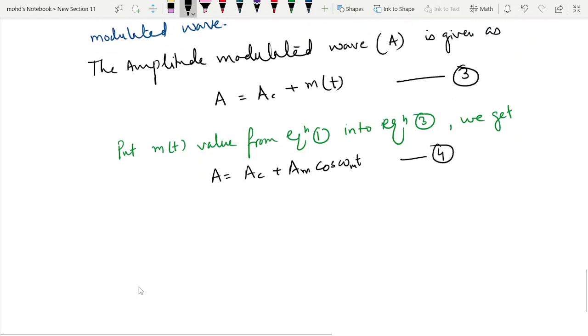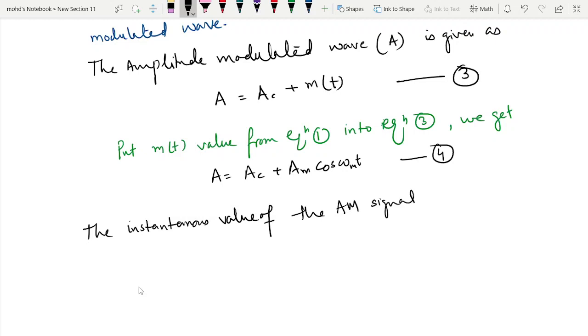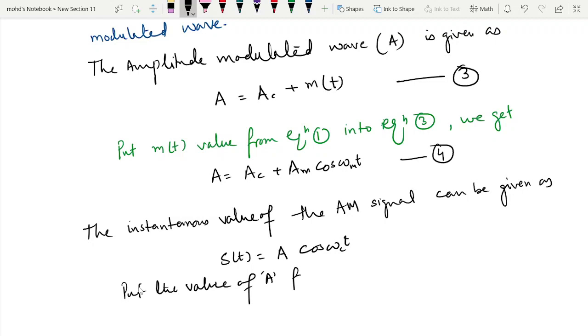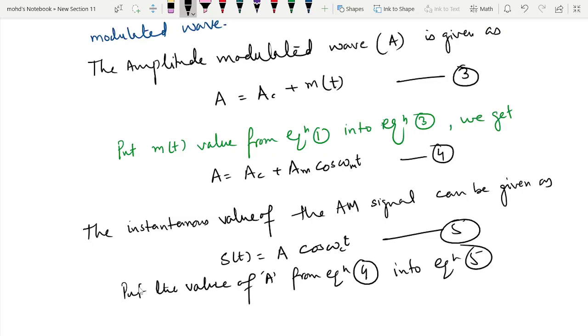Now the instantaneous value of the AM signal can be given as s(t) = A cos(ωc t), and putting the value of A from equation 4 into equation 5, we get